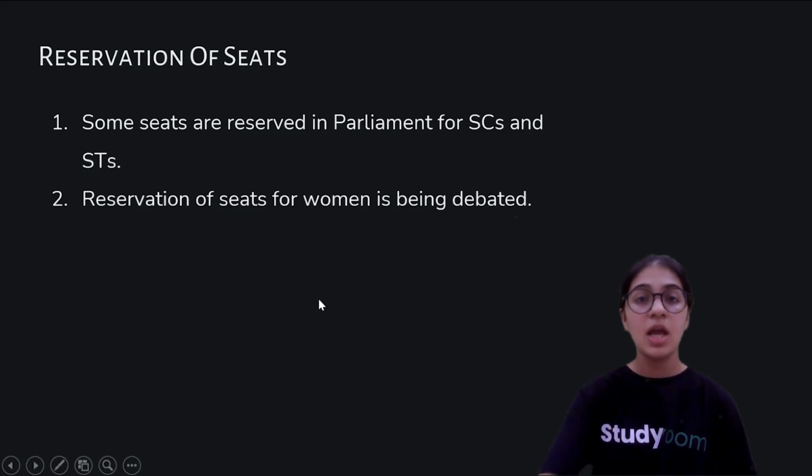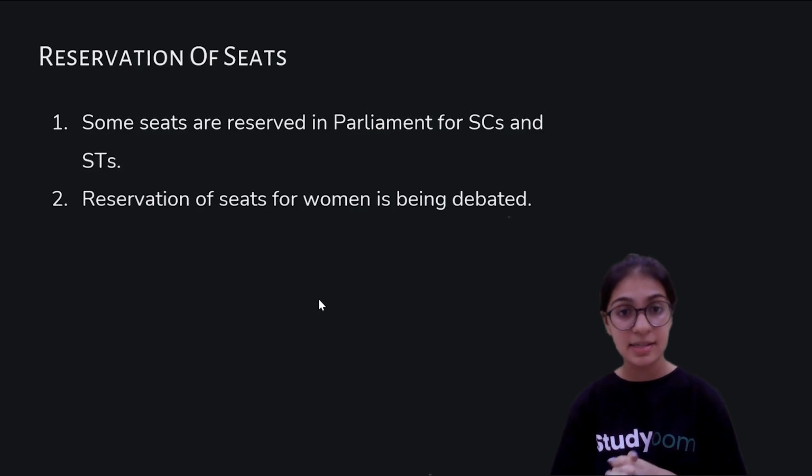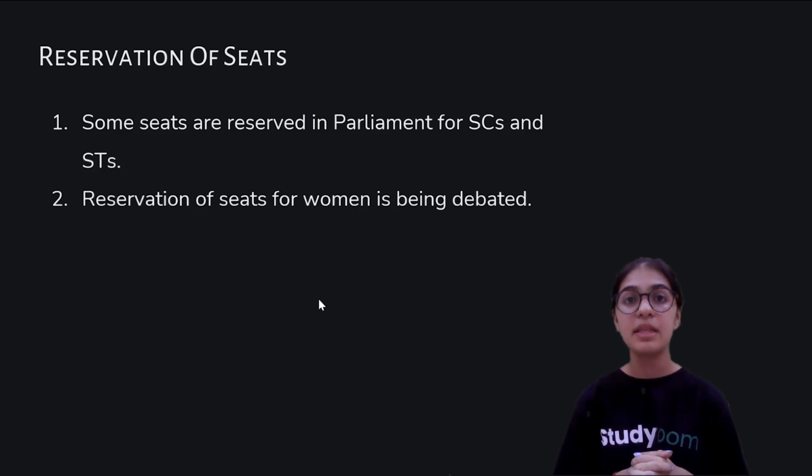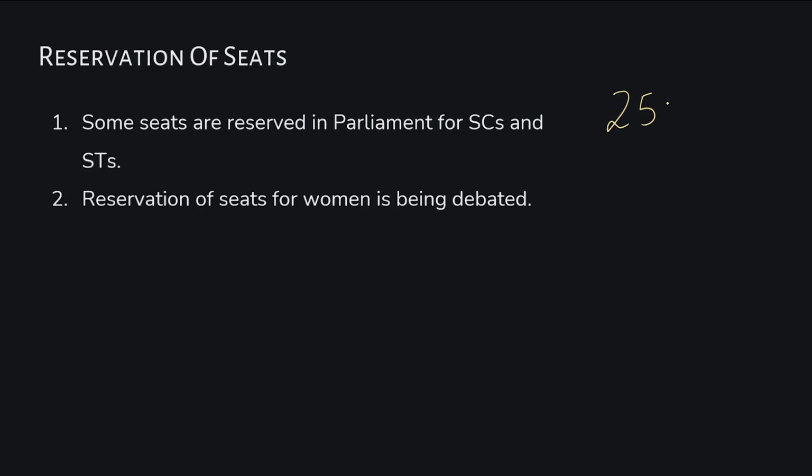So, as I told you, the members in the parliament can belong to the rural areas, or they could be the members of the regional parties also. And now we can see that there are some seats which are reserved only for SCs and STs. What do we mean by this? We mean that there could be only 250 MPs. We studied that in the previous slide, that there could be a maximum of 250 seats for the members of the parliament,